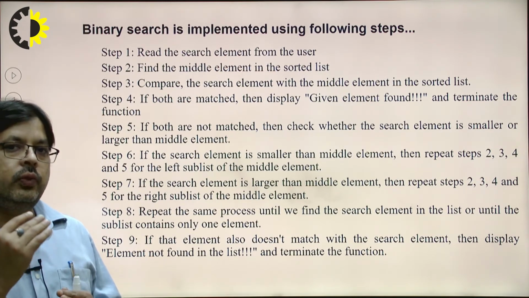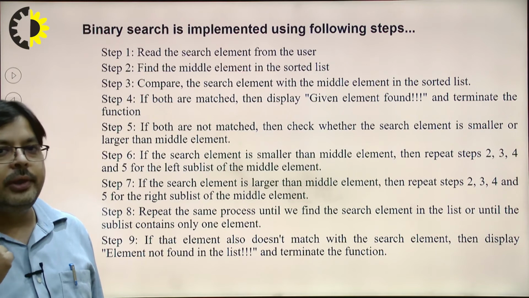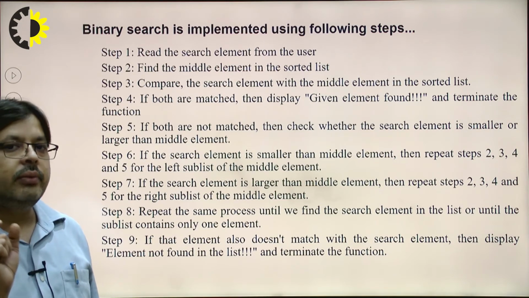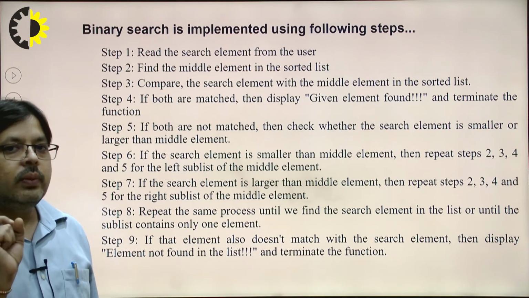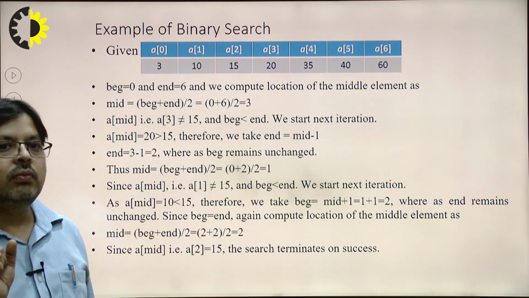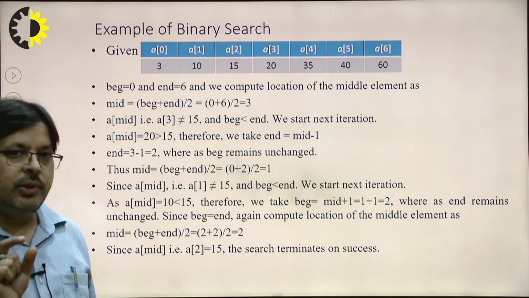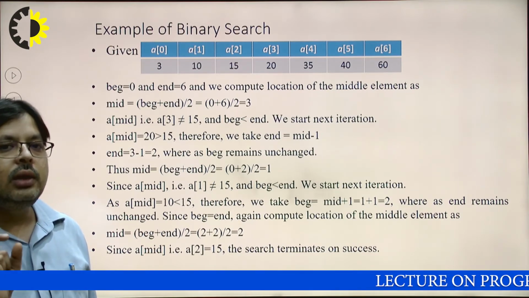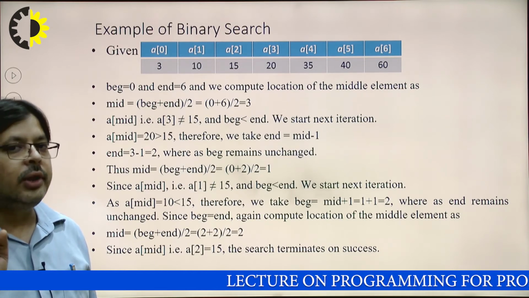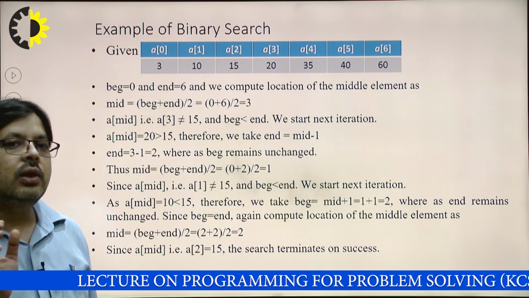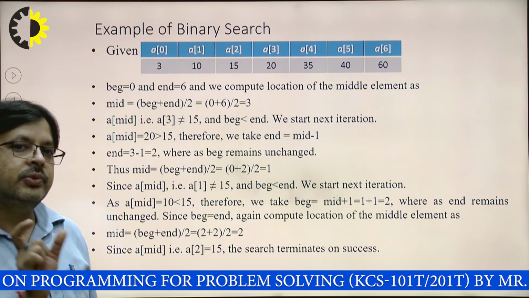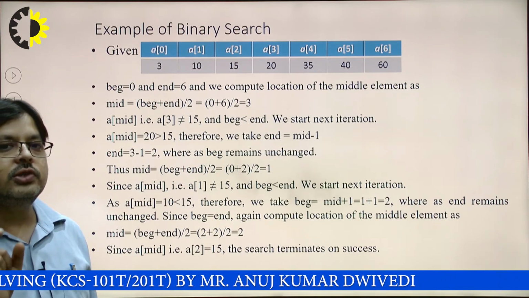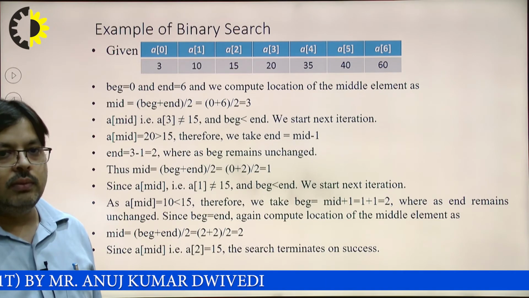So what we are doing? First we calculate the middle element of the array. We compare our desired key element with the middle element. If the middle element and the key element are the same, then we declare that the element is found and the search is successful. If the key is smaller than the middle element, then obviously we pick the left side array. If it is larger than the middle element, then obviously we move to the right side of the